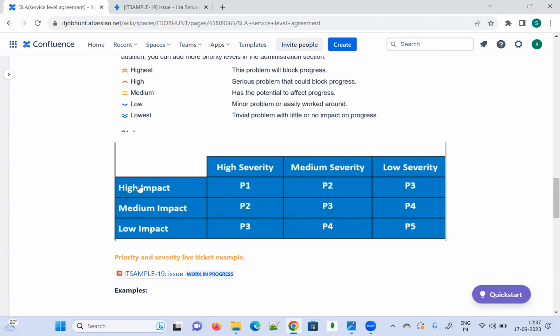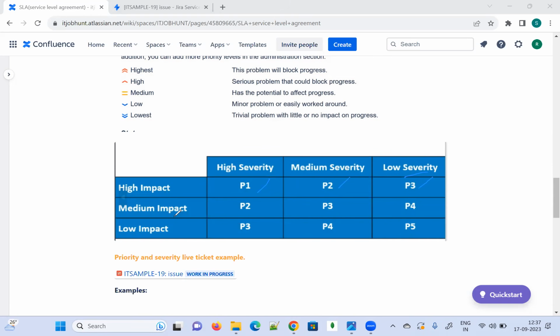First thing, for high impact and high severity tickets, we are going to raise P1 tickets here, guys. P1 tickets we are going to raise, and for high impact and medium severity, P2 tickets we need to raise. And for high impact, low severity, we are going to raise P3 tickets.